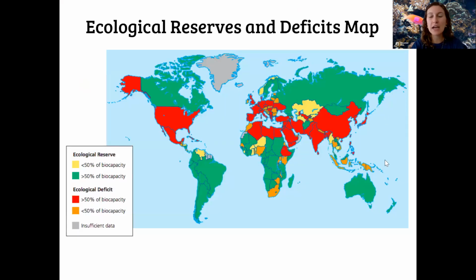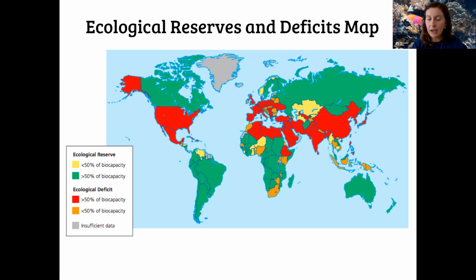All right, so this is just an overview. As I was saying earlier, there are a lot of differences around the world in terms of ecological reserves. So how much are people using, ecological footprints versus biocapacities? Our red and orange countries, yay, America is flaming hot red, are countries where the ecological footprint is greater than the biocapacity. We are actually in deficits where we're using more resources than our land actually has to give to us.